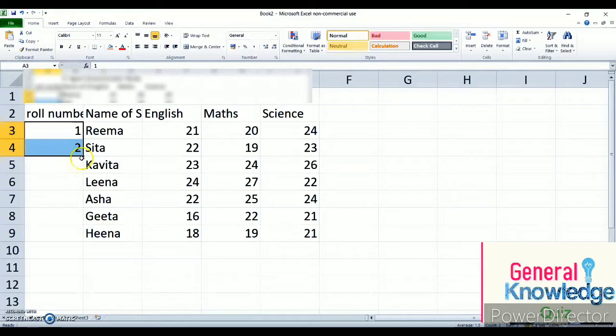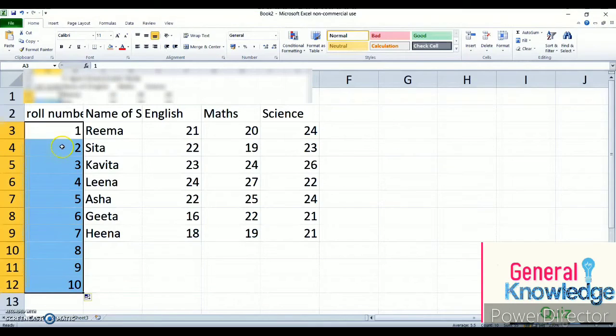Then bring the pointer to the corner of the cell. When the plus sign comes, hold the left mouse button and drag it down. When you drag it down, you can see the numbers coming in increasing order.